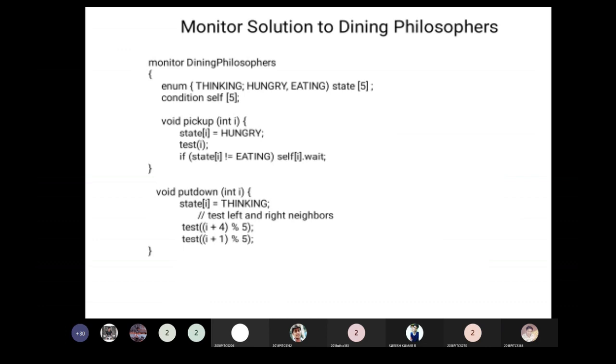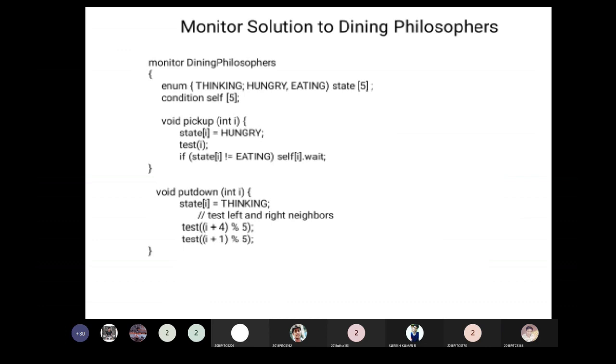Next, the pickup function is used here: if the state of philosopher i is hungry, test of i. Test of i means now he is ready to perform the eating operation by taking the chopsticks. Once he completes eating, the state is no longer eating, and then put down: state of i is thinking.